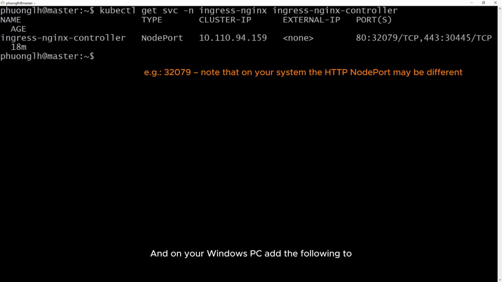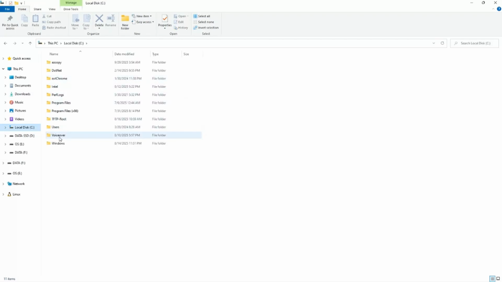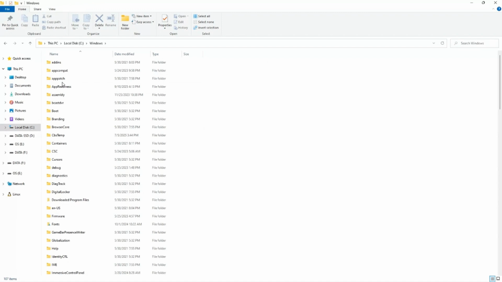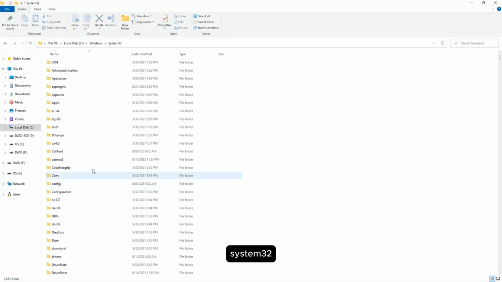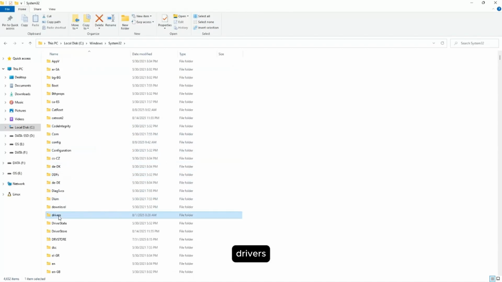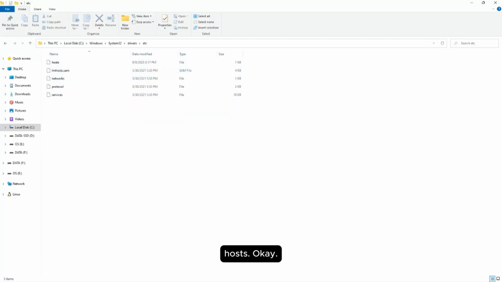And on the Windows PC, add the following to the Windows System32 drivers etc hosts file.